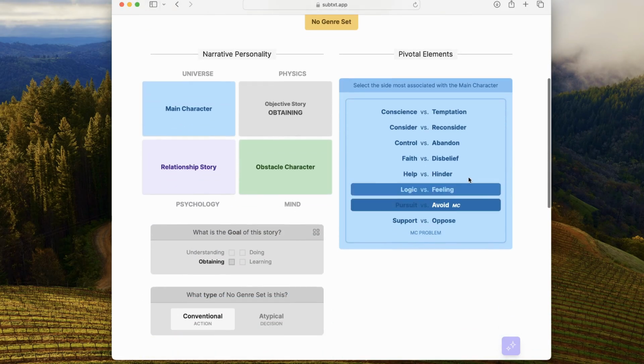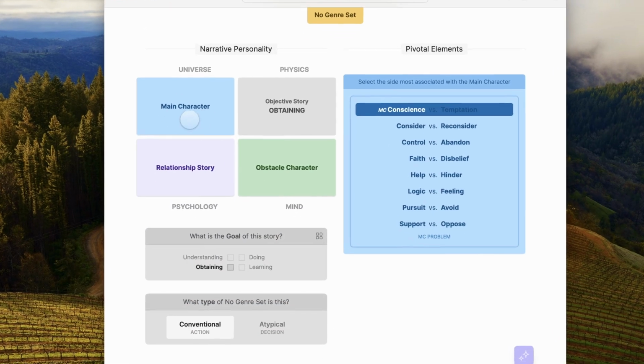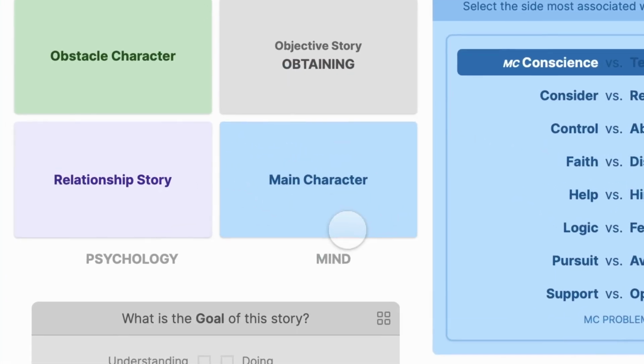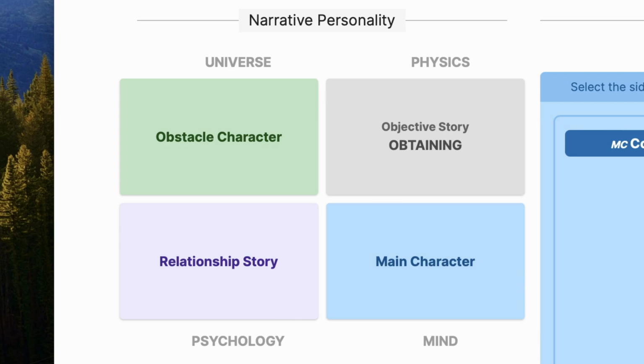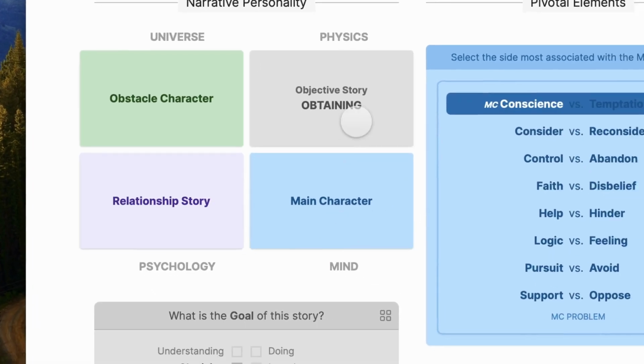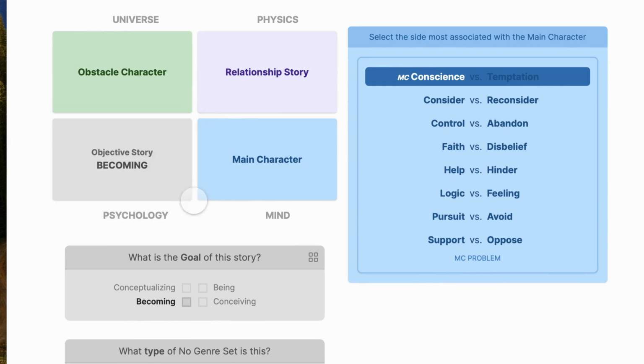That is a way of balancing out the main character and the obstacle character, and then looking specifically at their general areas of conflict, the bigger areas of conflict, where Paul is more set in what we would call the mind domain because he's got this bad attitude that is the source of all his conflict, and then positioning that across to help balance it out externally would be Angus in the universe domain. And then from there you look at the plot, you look at the relationship, and everything is related. The goal doesn't mean anything without the consequence. Problems don't mean anything without solutions. Everything is a relationship-oriented, objective narrative framework.